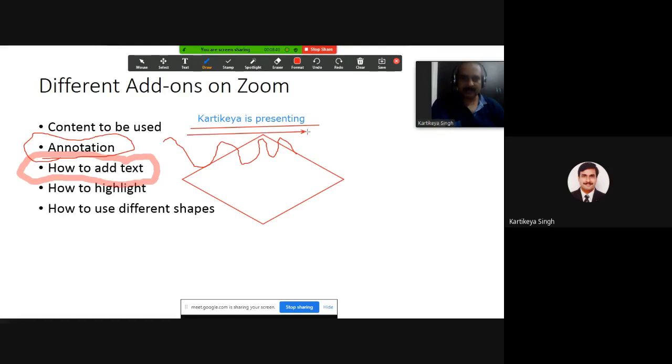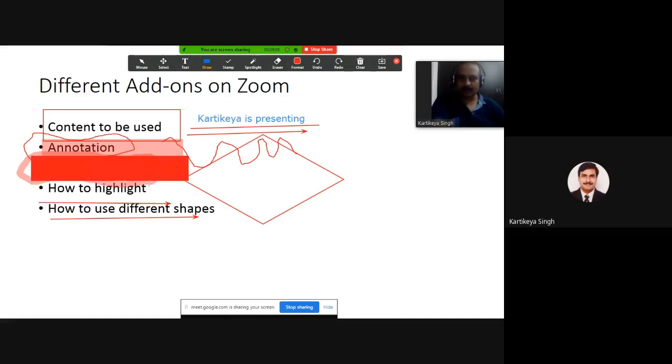In whichever direction you take, your arrow will come. Like I want to highlight, I want to use different shapes. So now if I want to circle it, I am going to use this. If I am going to mark this, I'm going to use the second type of highlighter. Apart from it, if I want to completely envelop it, I'm going to use this.